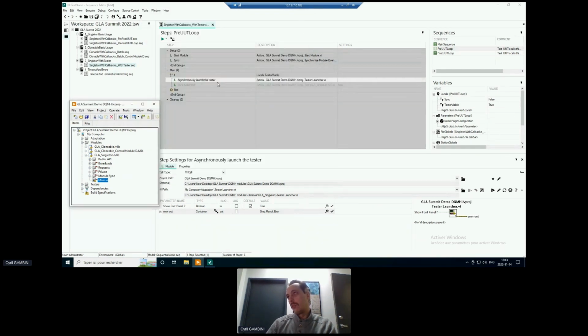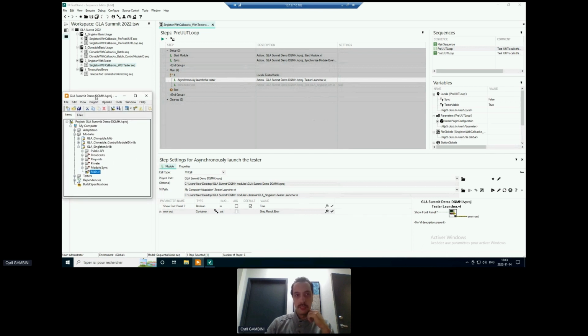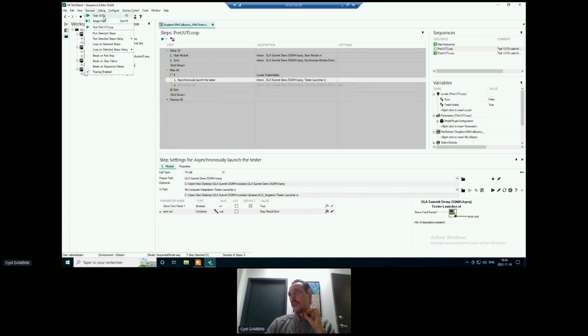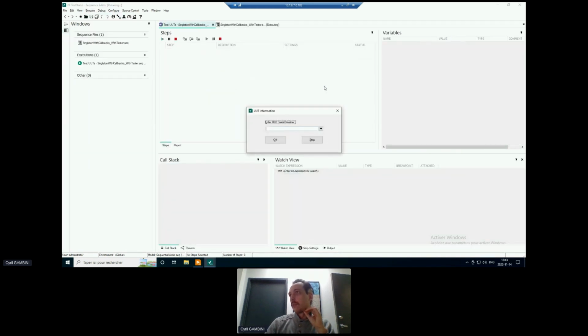You can just use a new thread, but think about killing the thread or waiting for the thread to end at the end of your sequence, or whenever it's necessary. Here, just use a VI and a VI server to launch the execution in parallel. And if I actually run this sequence,